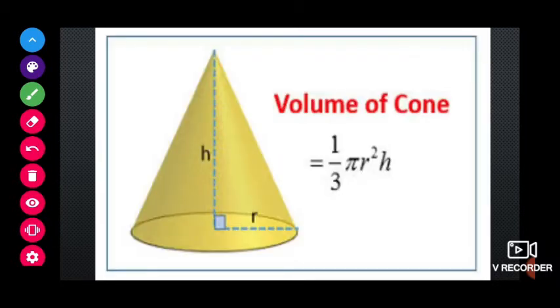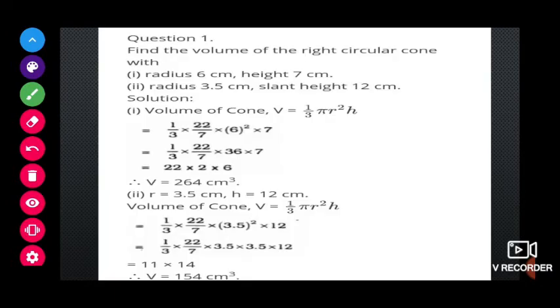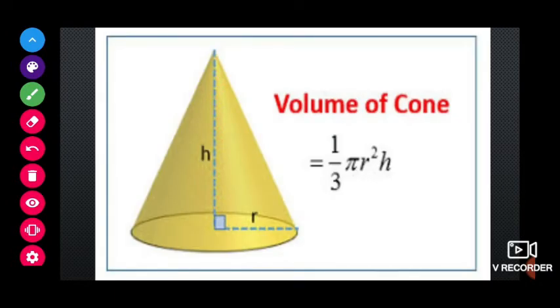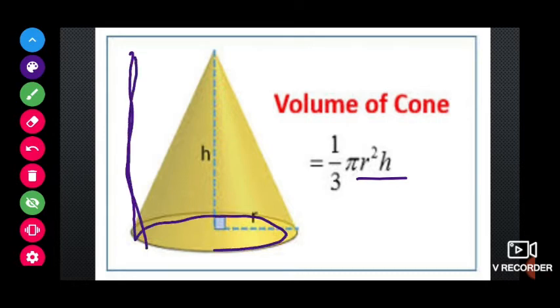Now the volume of the cone. How will we find the volume of the cone? For remembrance, children, as we know already, the volume of the cylinder is pi R square H. And if you see, there is a small relationship, isn't it? The volume of the cone is 1 by 3 of pi R square H. As we know already, pi R square H is the volume of the cylinder, no? So why have we taken 1 by 3 of pi R square H? If you take, children, any cylinder with the same radius